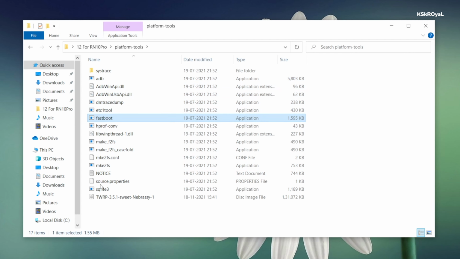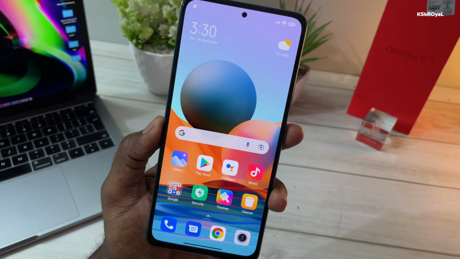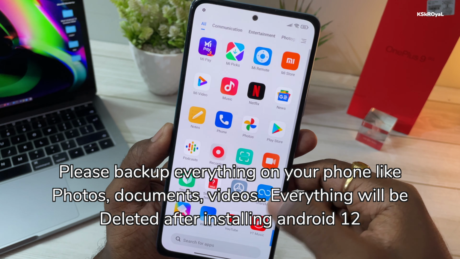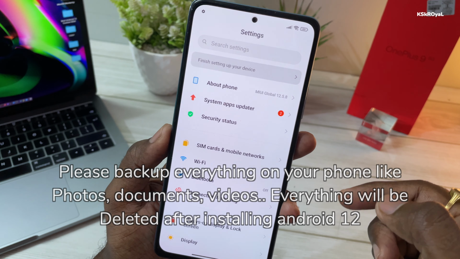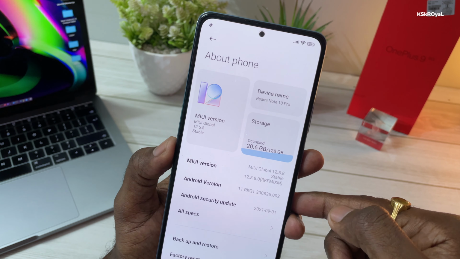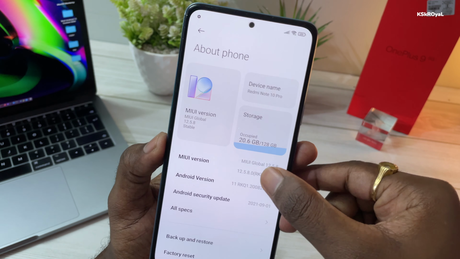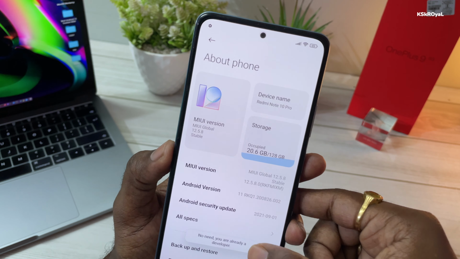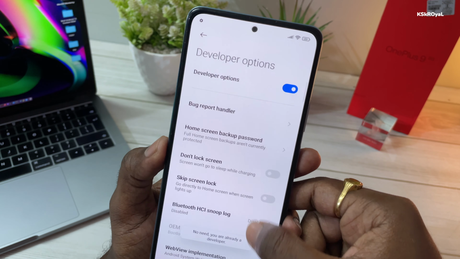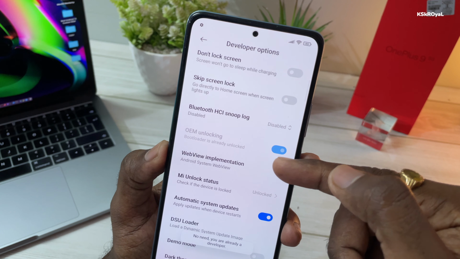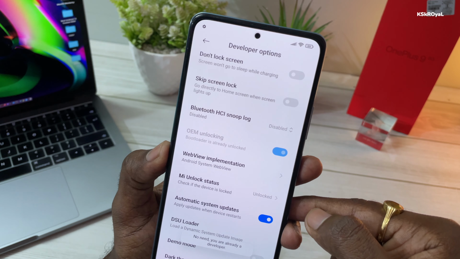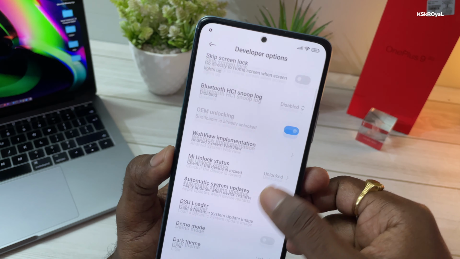Now switching back to the camera view, this is my Redmi Note 10 Pro. Let me go to the settings page. As you can see, I'm running the latest version of MIUI 12.5 based on Android 11. Make sure you have updated to the latest version of Android if you see any system updates. Now tap on the MIUI version 7 times to activate the developer settings. Once it's done, head over to additional settings, then choose developer options. Again, if your device bootloader is locked, please unlock it before using this guide. The next step, enable USB debugging and connect your device to the computer or laptop.